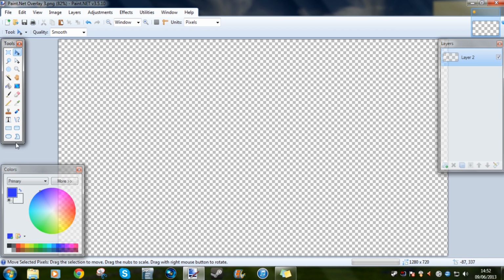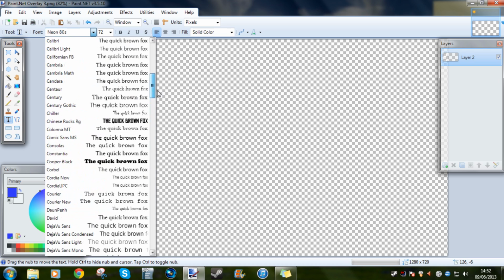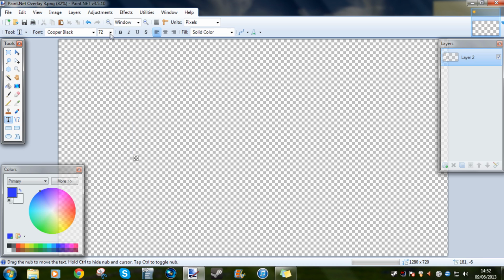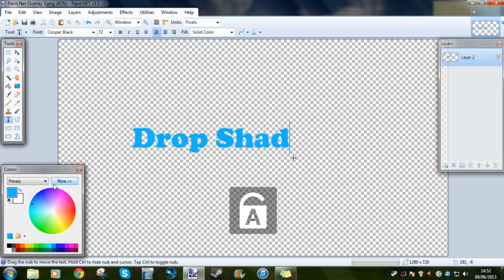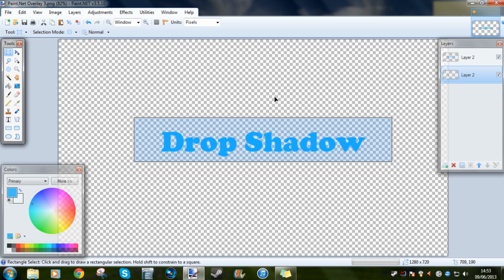And now, finally, I'm going to show you how to make a letter with drop shadow behind it. So let's select a font, some random font. Let's do Cooper Black. That's one of my old favourites. So let's set the font to a nice blue once again, and write, I don't know, drop shadow, in the sense of me showing you how to make drop shadows. So now we have to make a layer on top of this, send it behind the letter, highlight it, copy it, put it on the layer behind it, and now you have to go to